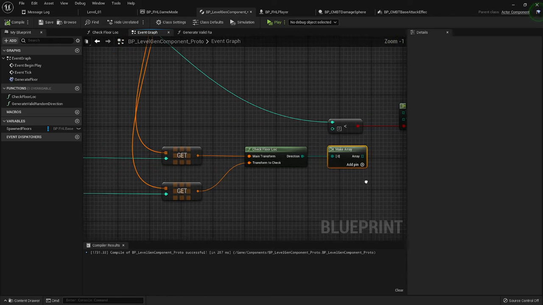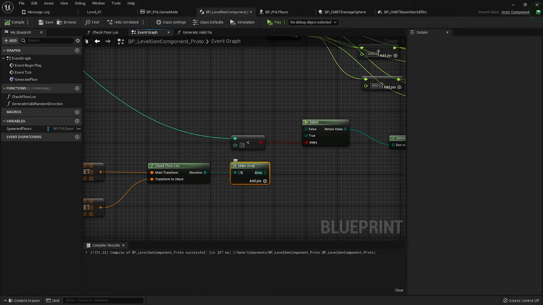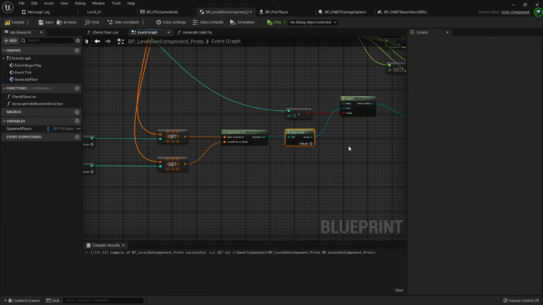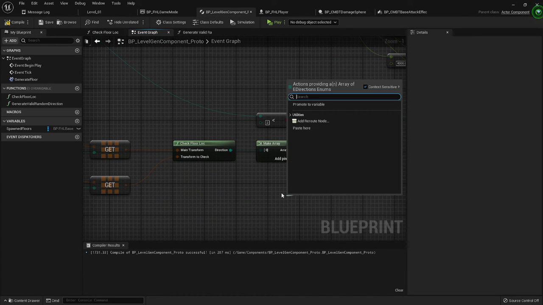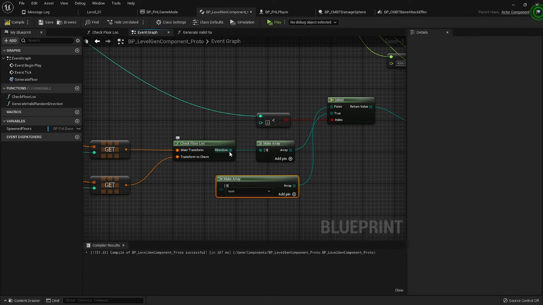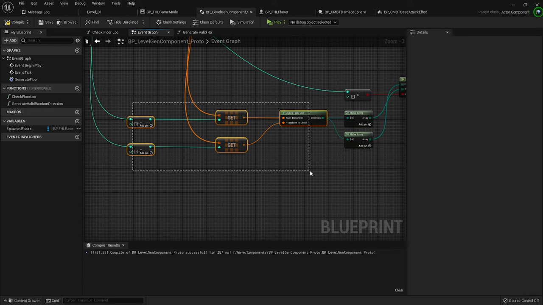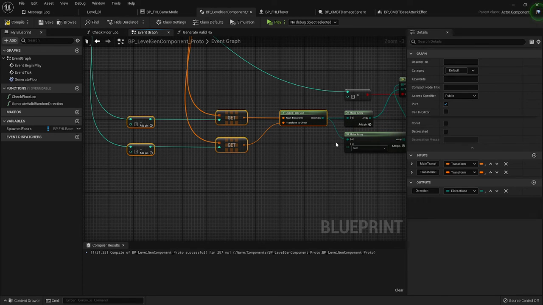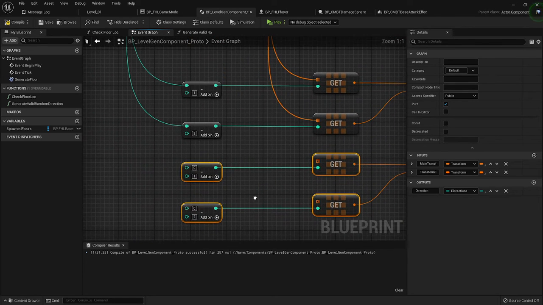So if it is just 1, then we only restrict 1, true. Otherwise we restrict 2. So we go make array, and then we go first one, and then we do the same, okay, do the same, but this one would be